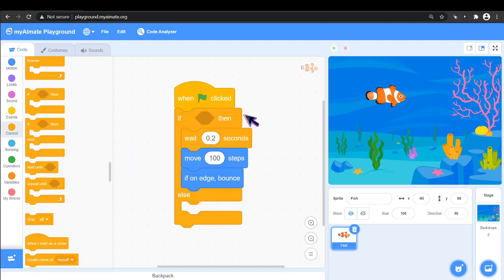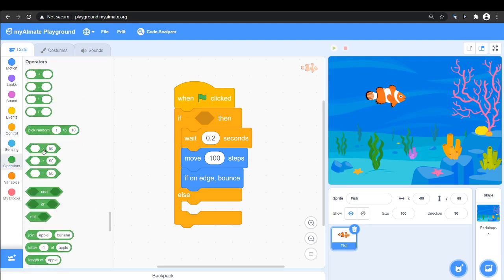Now, this if then else code block is similar to the previous code block. But now, if the condition is false, we can run some other code blocks too. And add a code block to the else part of this code.